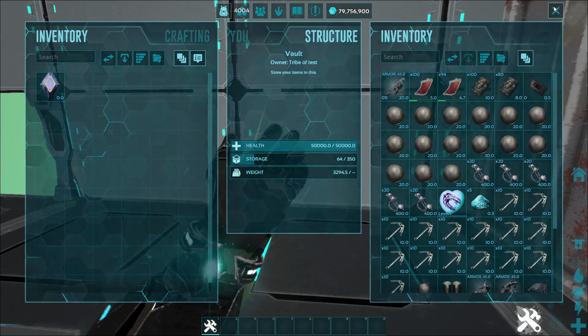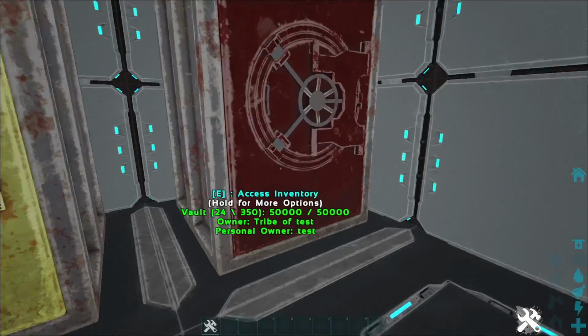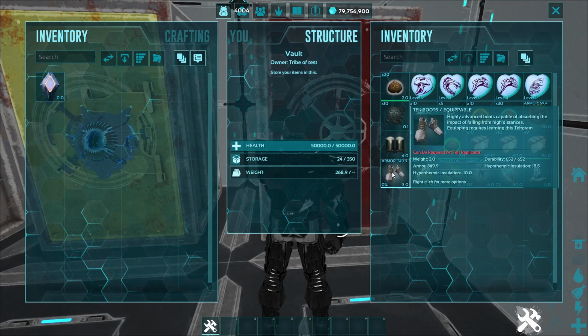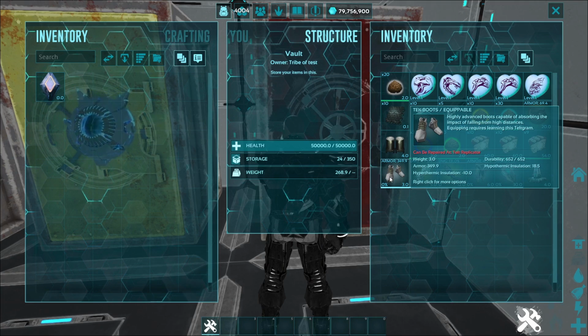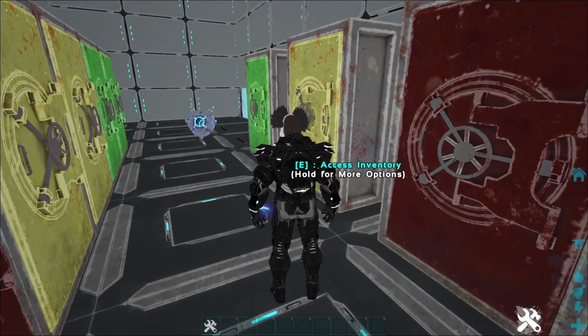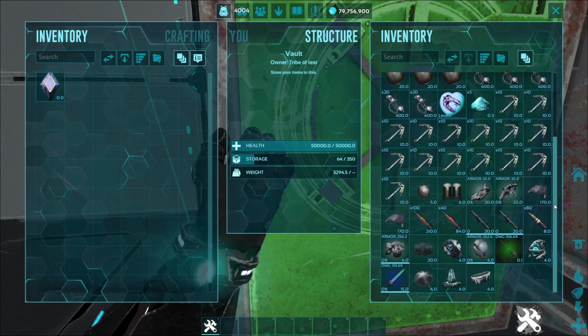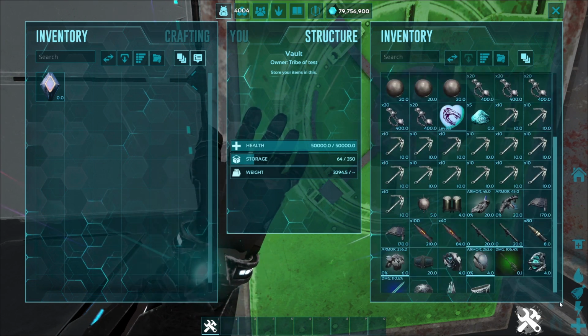Don't waste your time at the higher ones. If you are looking for higher durability tech stuff, yes, you can get it. The helmet I got was a lot higher durability than these guys. That one's not bad, 652. I got a little over 1,000 dura on my tech helmet on Conquest, but I would say that overall, if you're just looking to spam out points and try to get a bunch of stuff, you're going to get a